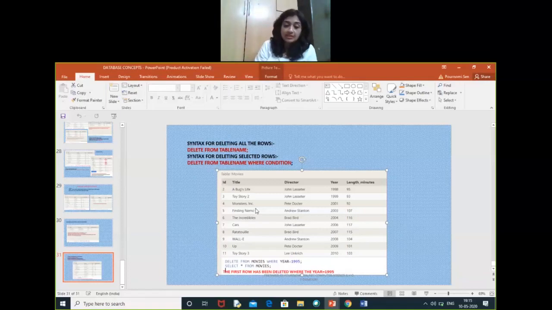So today we have discussed different types of SQL queries. We have discussed select operations, how to print all the rows, how to print selected rows, how to print selected columns, how to change the name of the columns that are getting printed, how to use the BETWEEN clause, how to use the UPDATE clause, how to use IN and NOT IN clauses, and also the LIKE clause, and finally we have learned how to use the DELETE clause. So these are the basic SQL queries that have been discussed in today's class.